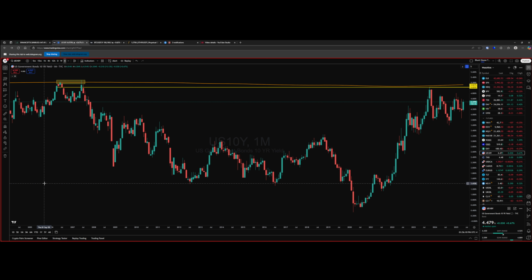Got to be a moving average. I don't know which one the orange one is, but it's a 1,000-day moving average on a monthly chart. Oh wow! That's right on the money. Yeah, that's wild. 1,000-day moving average on a monthly chart. Now,